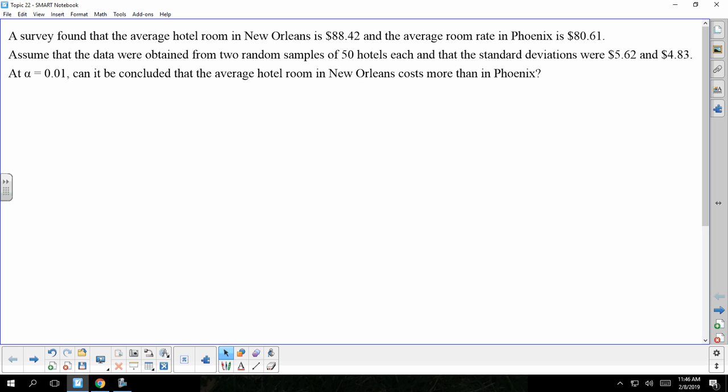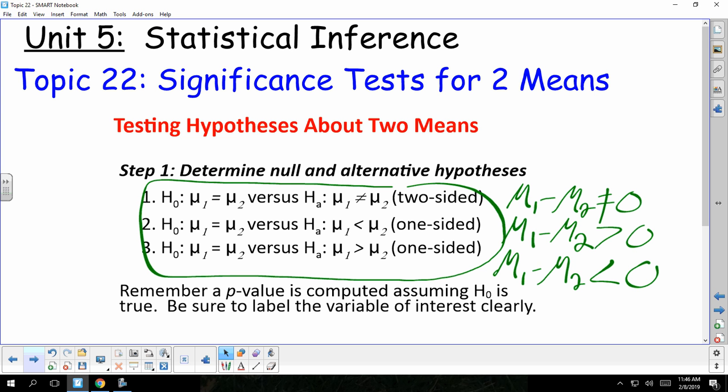What do you think is going to be the condition for a large enough sample size? 30. So 30 for each. So n is going to be 50 for each in this one. So our central limit theorem already applies. All right, so